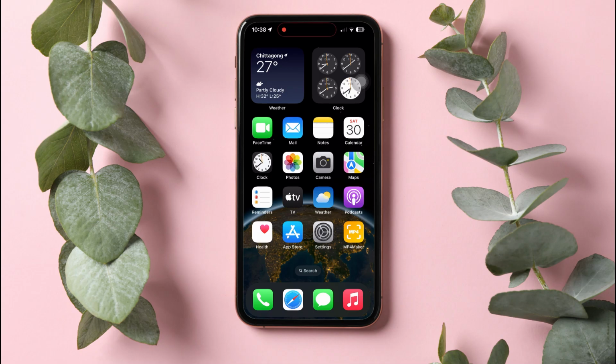How to convert iPhone video to MP4. To get started, first of all go ahead to the App Store and download the MP4 Maker application on your